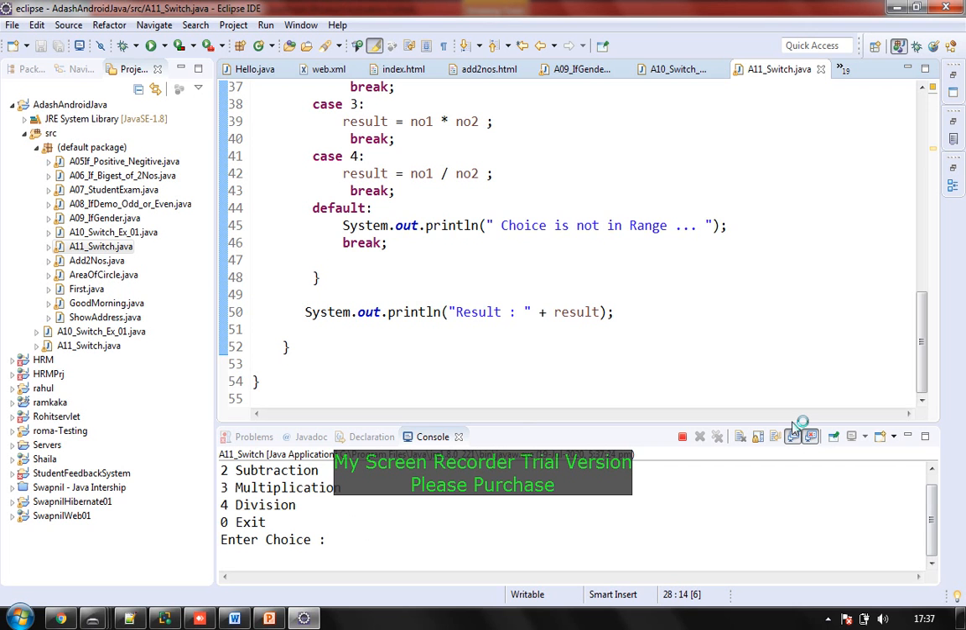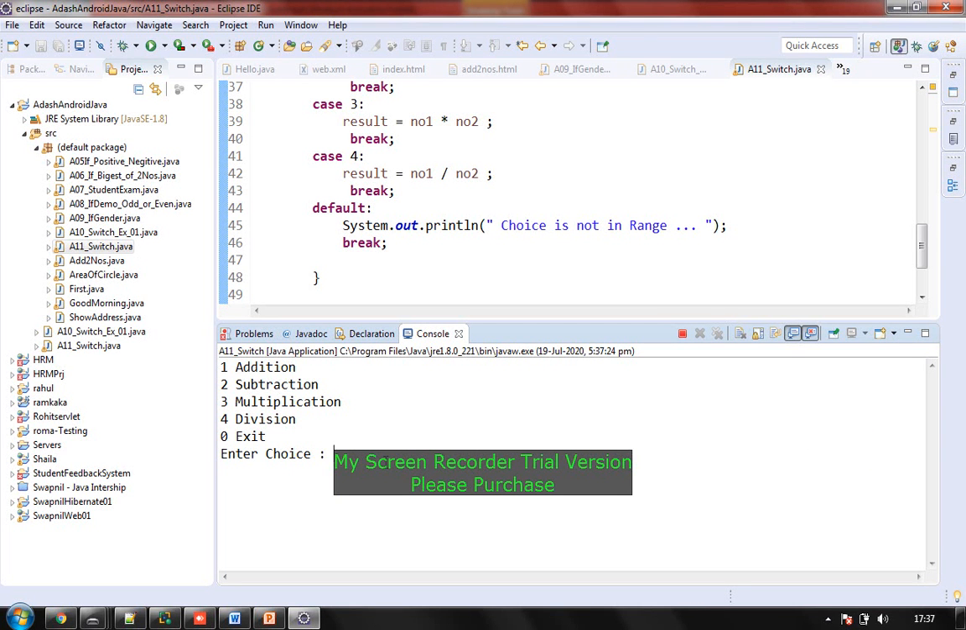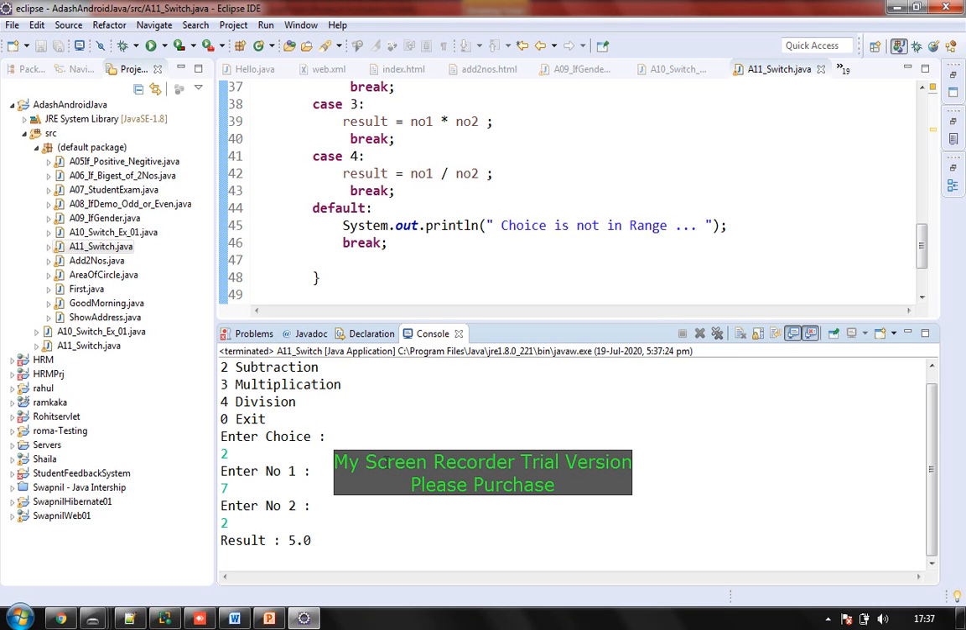Say I say choice, see my choices are being shown here. My choice 1 is addition, subtraction, and so on. So I enter my choice. I enter my choice as 2, and I say 7 minus 2. So it says 5.0. If I run this program again,